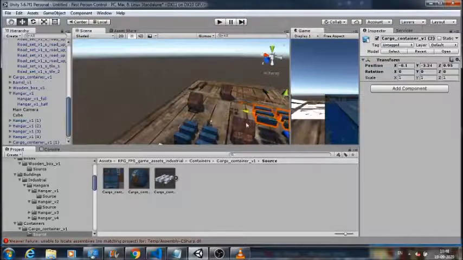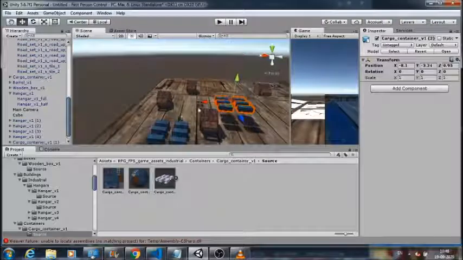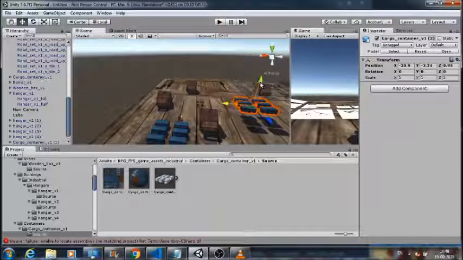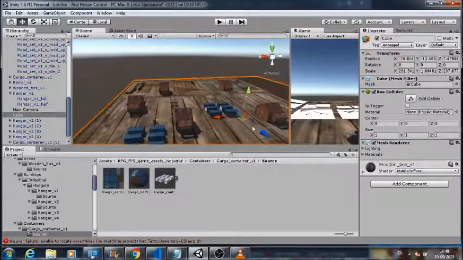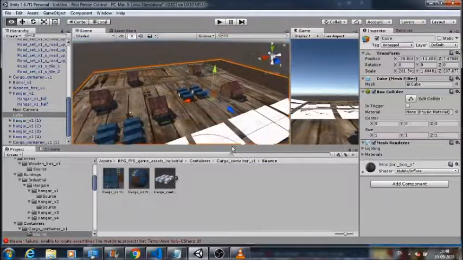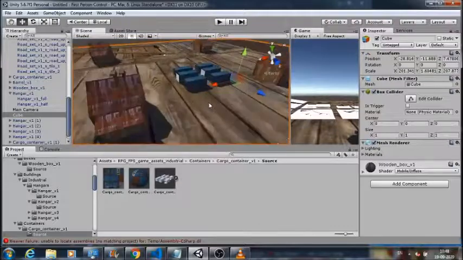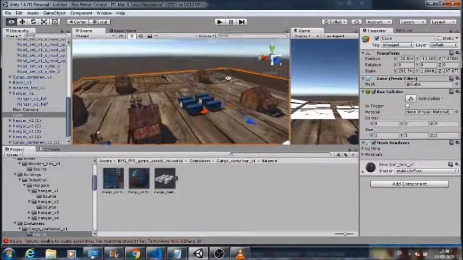We want them to be placed here. Okay, so this is how we can design the things. I think this much is fine for now, because the main thing that we need to learn is how can we